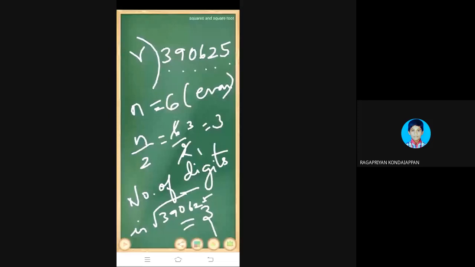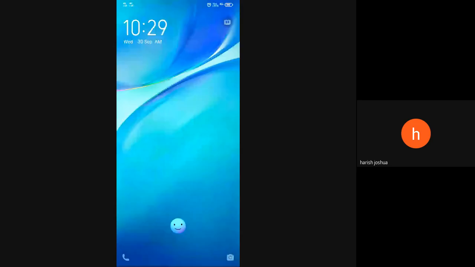Okay. Now we are going on to another important topic. See all the 5 subdivisions of the second sum. No homework side, you have to do it in the homework because everybody knows this question. It's a very simple and easy question. So if n is even, the formula is n by 2. If n is odd, the formula is n plus 1 by 2. And what is meant by that n? Number of digits in the given question. How many digits are there in the given question? That you should check. Is it clear for you?